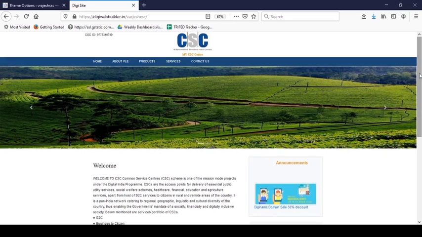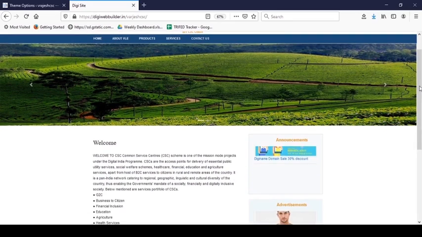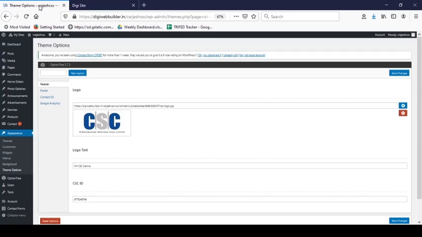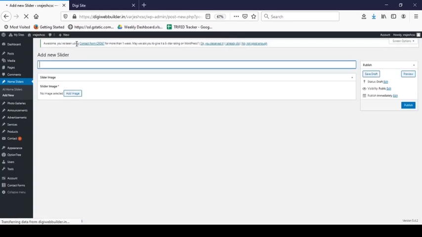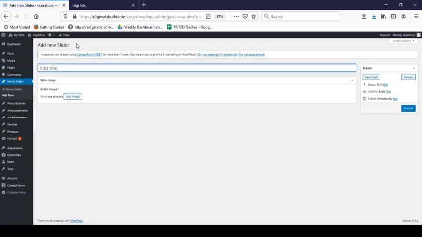Now we will see how to edit the home sliders. To edit these home sliders, visit on Home Sliders. You can add new sliders from Add New button. Enter the name of slider.